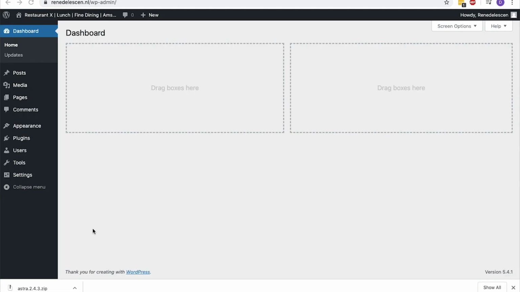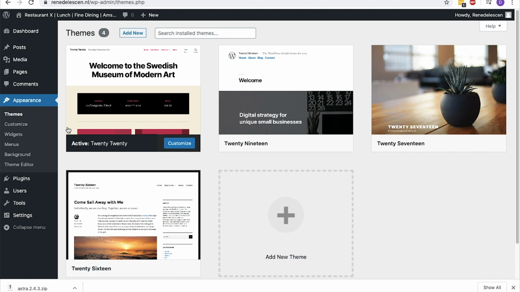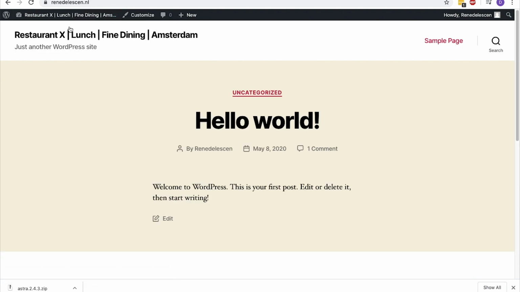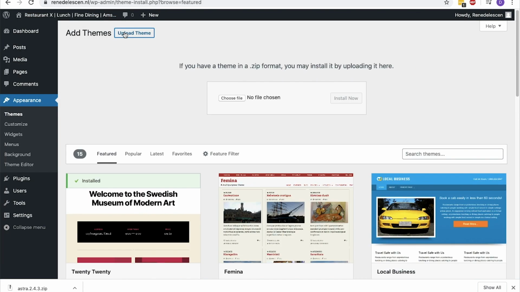Now go back to the dashboard, hover over to Appearance and click on Themes. Over here you can see which theme is currently installed. At this moment we are using the 2020 theme. Let us see one more time how it looks. Very basic, right? Okay, so go back and click on Add New, Upload Theme and drag the zip file over here